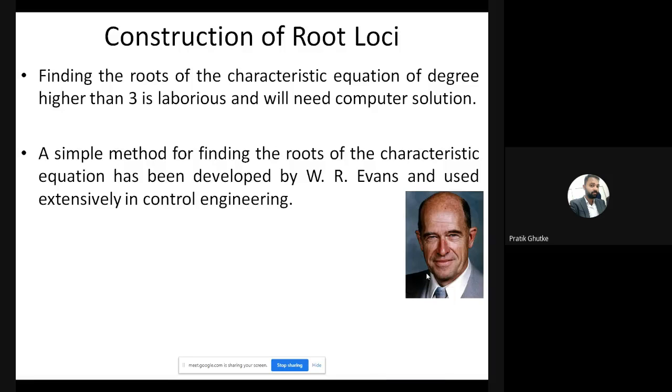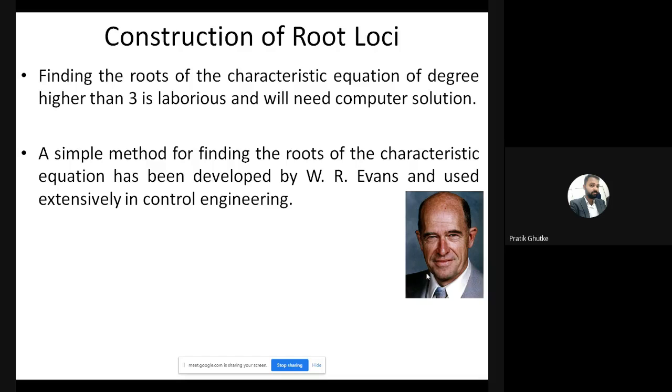What we do in the theoretical part, calculating the root locus, takes nearly half an hour practically. But with the help of advanced software MATLAB, that is Matrix Laboratory, we can calculate the root locus within a couple of minutes, 1 to 2 minutes. And exactly how we plot that root locus curve finally on the graph will be shown in MATLAB.